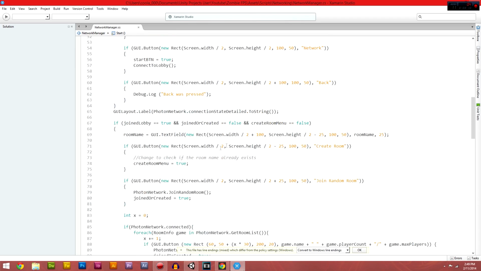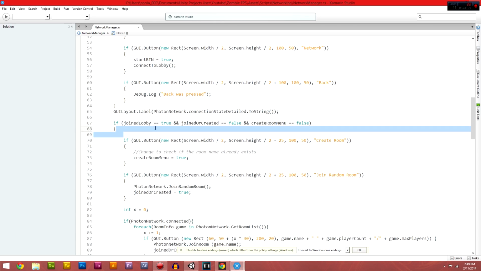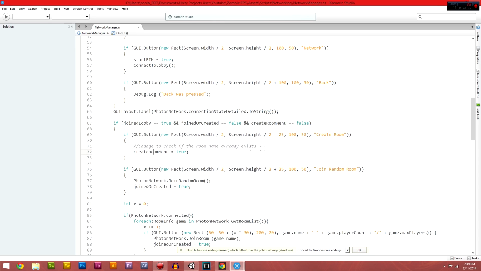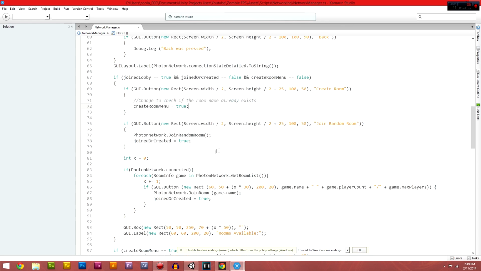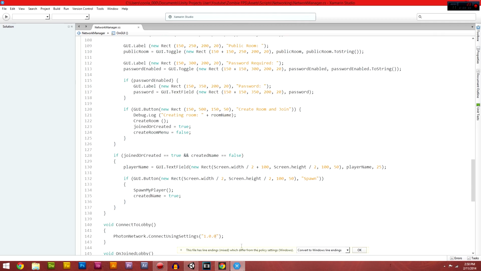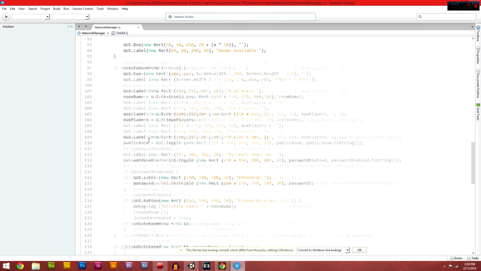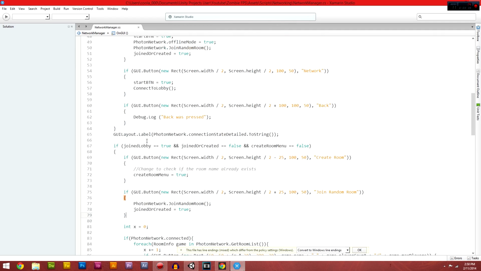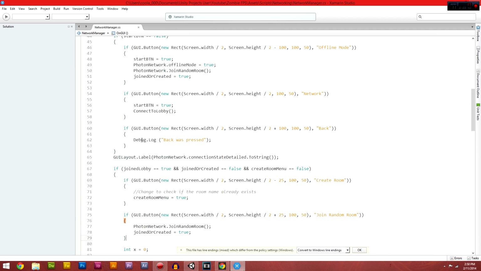When we create the room, we want to get rid of this room name GUI text field because we don't need that anymore. We can get rid of that space as well. Create room menus equal to true. Join random room, and when we're joining a random room, once we've joined or created a room, we will just go straight to the next menu. So actually, one thing we are going to do is quickly set up that first menu, the play one, before,